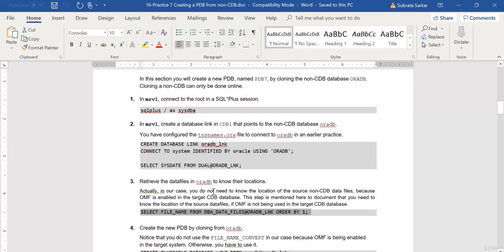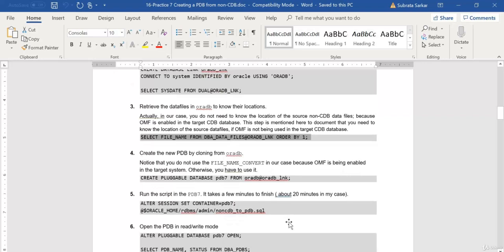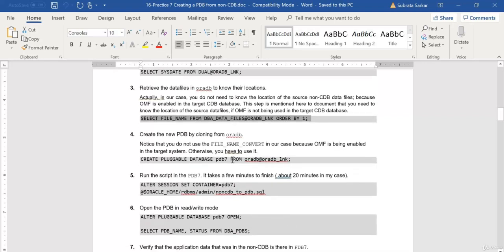Actually, in our case, you do not need to know the location of the source non-CDB data files, because OMF is enabled in the target CDB database. The step is mentioned here to document that you need to know the location of the source data files if OMF is not being used in the target CDB. Then we will